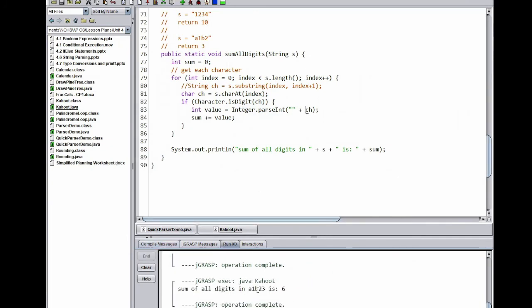Total. Now I got A1, B2, 3. When I sum up the digits, I get 6. So it discovered that all of these were valid in there. So next, I want to try it just one more different way, and that is to continue to use parseInt,